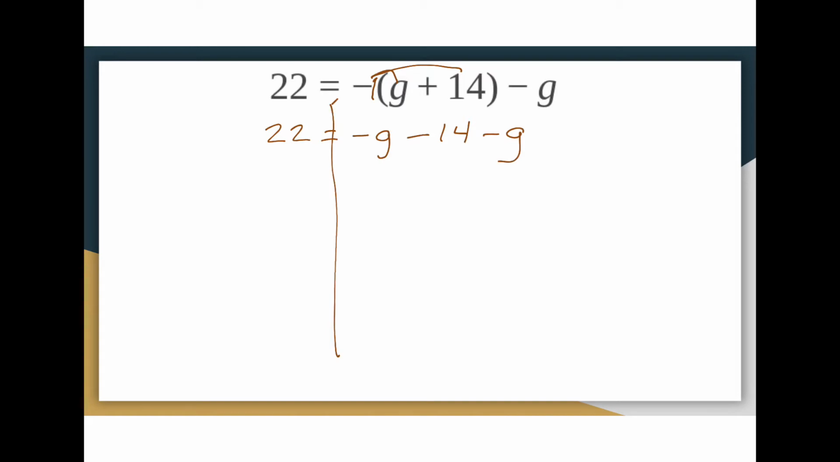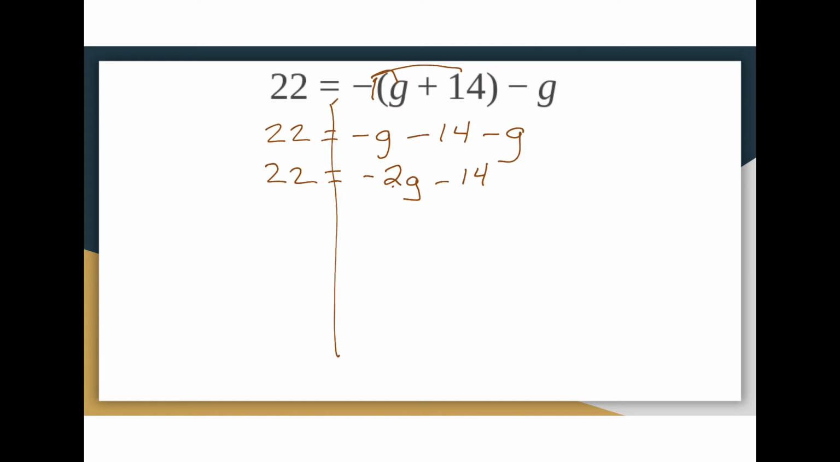At this point, I see two g's on the right side, so I can combine like terms. 22 is equal to, I have negative 2g, right? If I have one apple and another apple, then I have two apples. Instead, though, of apples, we have negative g's. Minus 14. And now we've got it down to its simplified form, and it's just a basic two-step